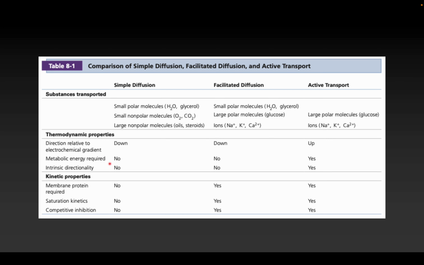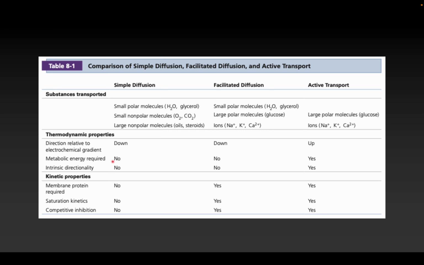In terms of kinetic properties, membrane proteins are required in active transport and facilitated diffusion, while in simple diffusion, the molecules just pass through the phospholipid layer without any assistance from any other kind of molecule or protein. And then in terms of saturation kinetics, simple diffusion does not really follow that, while